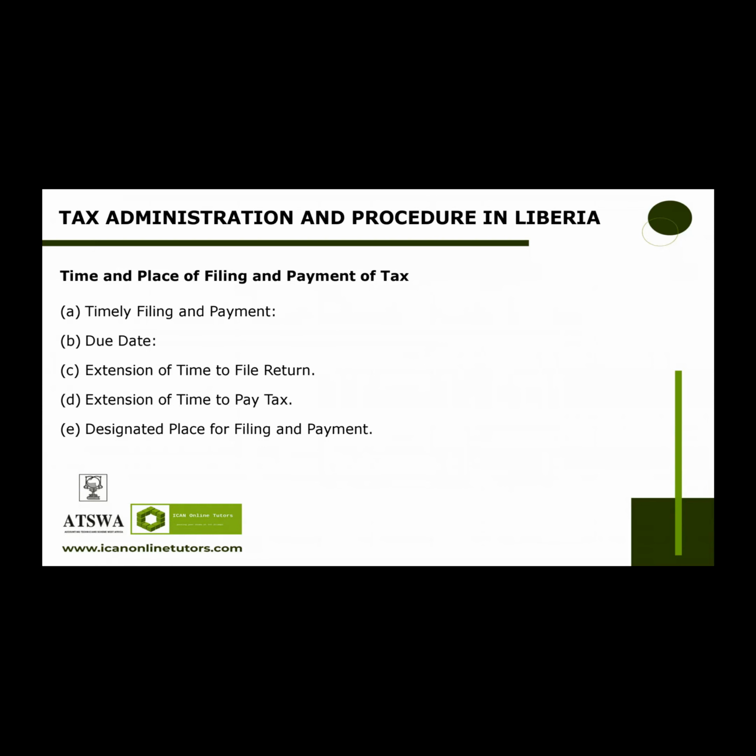And for due date, a taxpayer's income tax return and turnover tax return and tax payments are due not later than 5 p.m. on the date provided in the code under the personal and business income tax. A taxpayer's sales or service tax return and tax payments are due not later than 5 p.m. on the due date provided in the code under the goods and services tax.